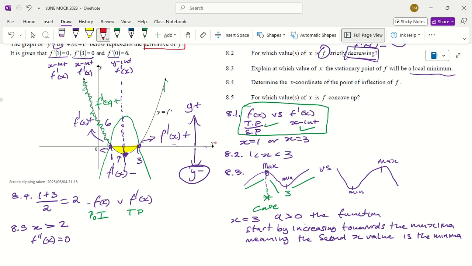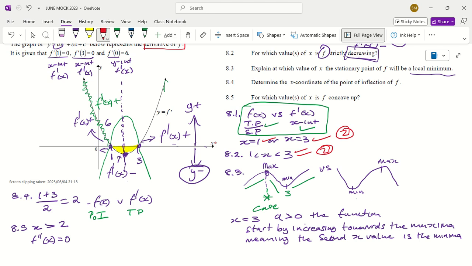2 marks for 8.1, you get 1 mark for x is equal to 1, x is equal to 3, and then 8.2, you get 2 marks for x is between 1 and 3, that is 2 marks. And then 8.3,